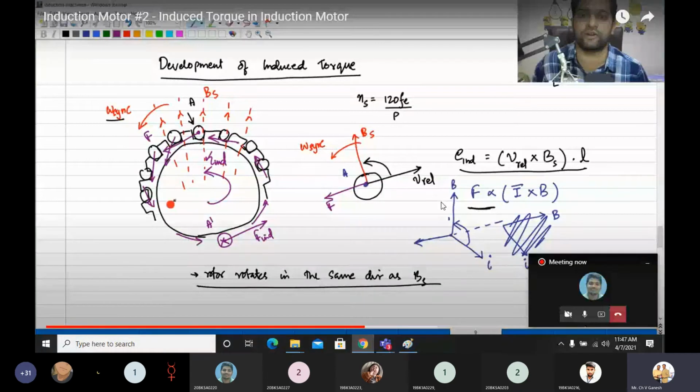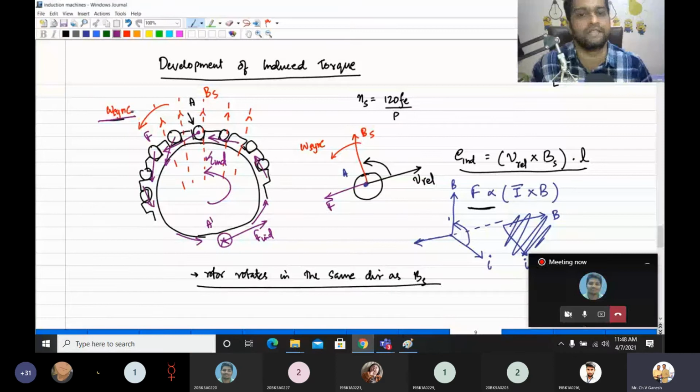Draw this one also. You should know how to develop torque in the given rotor. Depending upon the vector principle, like this, every conductor will move in the downward direction, and then it will flow anti-clockwise. Compulsorily, you have to mention this also: the synchronous speed will be in the anti-clockwise direction. That's why the rotor also rotates in the anti-clockwise direction. Therefore, the motor starts to accelerate in the same direction as the synchronous field, so the motor will start to rotate.